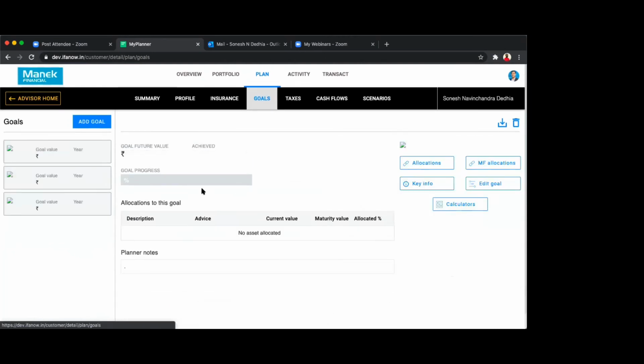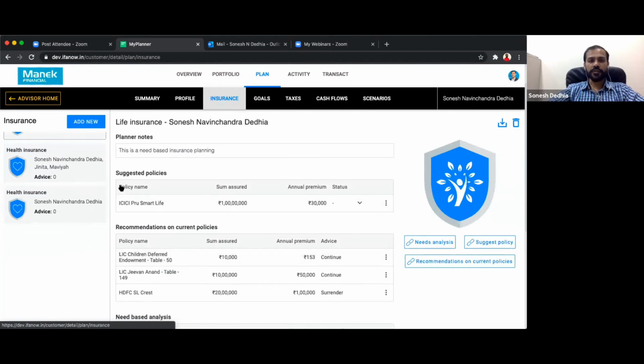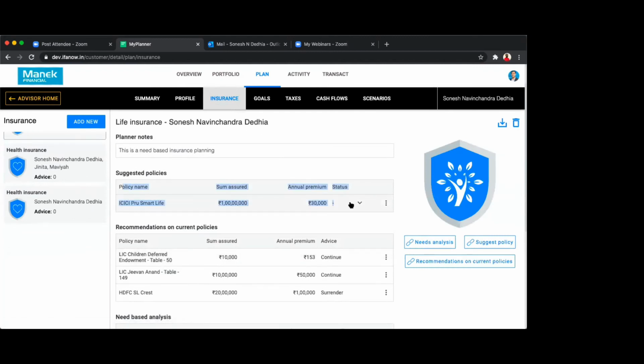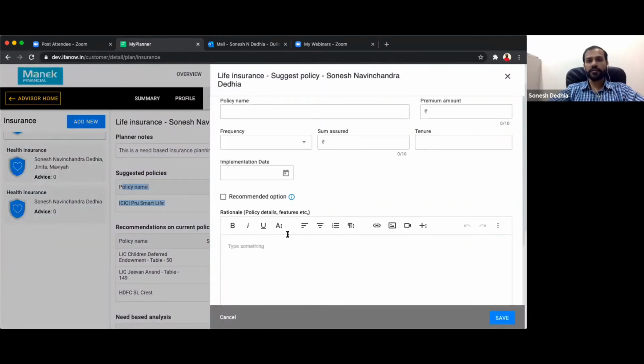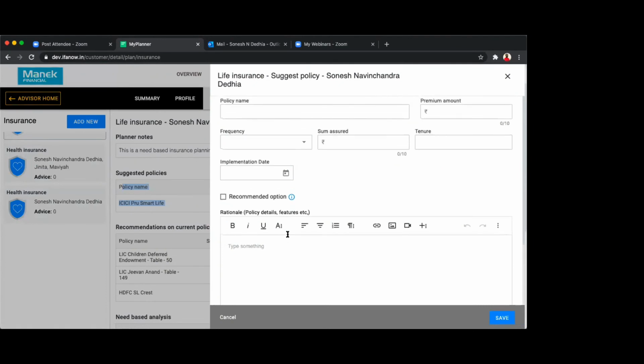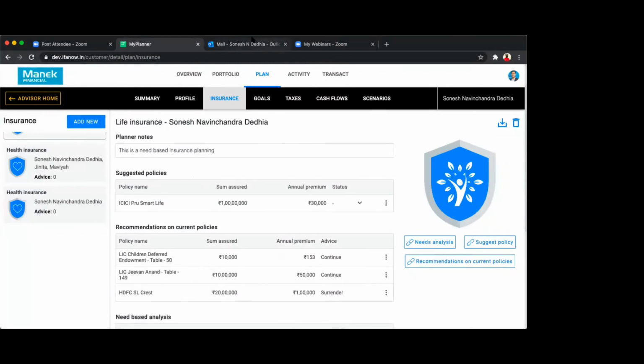बट यहाँ पे तो इंश्योरेंस ही सिर्फ आएगा ना, फंड तो नहीं आएगा ना, म्यूचुअल फंड तो नहीं? नहीं, न्यू रिकमेंडेशन फंड भी आ जाएगा। जैसे कि मैं यहाँ पे नया पॉलिसी सजेस्ट कर रहा हूँ, राइट? ओके। हाँ, ये मैं नया पॉलिसी सजेस्ट कर रहा हूँ, नए वाले पॉलिसी की डिटेल्स डाल रहा हूँ। अच्छा, ओके, तो नया फंड भी रिकमेंड कर सकते हैं। हाँ, वैसा वहाँ पे आएगा, सजेस्टेड पॉलिसीज के बदले सजेस्टेड इन्वेस्टमेंट्स। ठीक है।